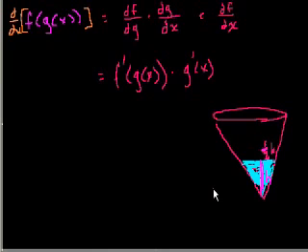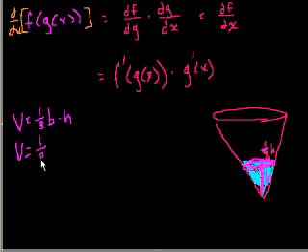Well, if you don't know it, later when we do rotations of solids in the integration modules, I can actually prove this to you. But the volume of a cone is equal to 1/3 base times height, where the base you can view as the surface area of the water, right? And what's the base? Well, the base is equal to pi r squared, where r is the radius. This is just kind of a solid geometry review. And what's the radius in this case? It's 1/3 pi r squared